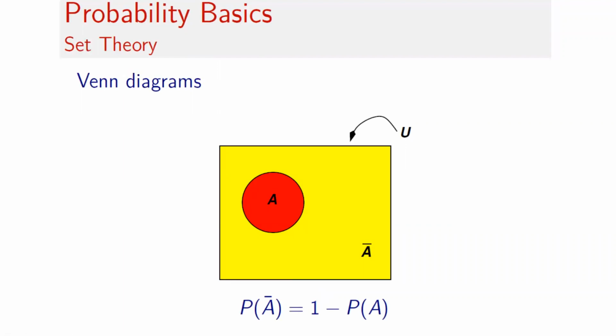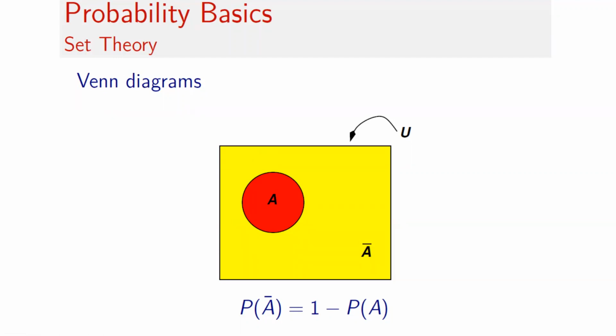Here we will talk about one type of diagram that is useful for probability and to understand the behavior of different systems. Here we have the Venn diagram, and this diagram is useful for illustrating set theory. And also, these Venn diagrams are useful to analyze complex systems such as manufacturing systems. For example, here we can say that capital A is a subset of capital U. True? We have here this red circle, which is capital A, and we have capital U, which is this block in yellow.